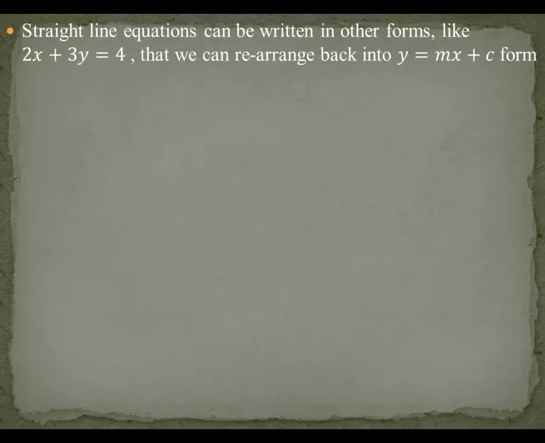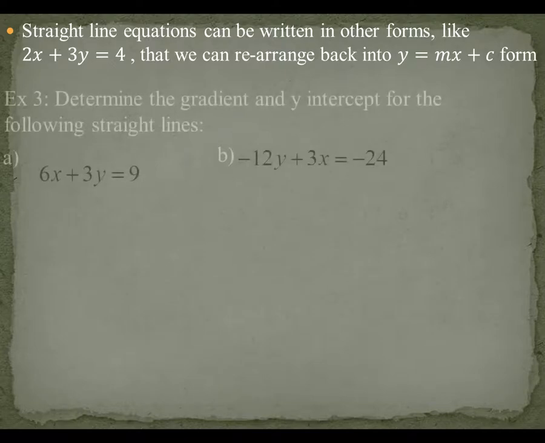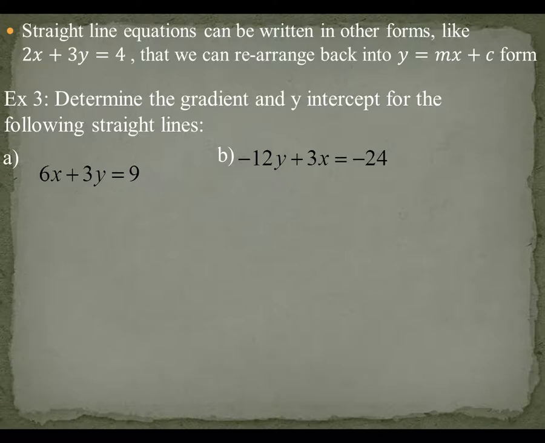Straight line equations can be written in other forms, like 2x plus 3y equals 4. So it's not the general form or standard, that we can also rearrange into y equals mx plus c form. Example to try. First one, all that's different here is not everything is on the left-hand side and not everything's on the right. So your job is to get y again on its own, equal to everything on the right-hand